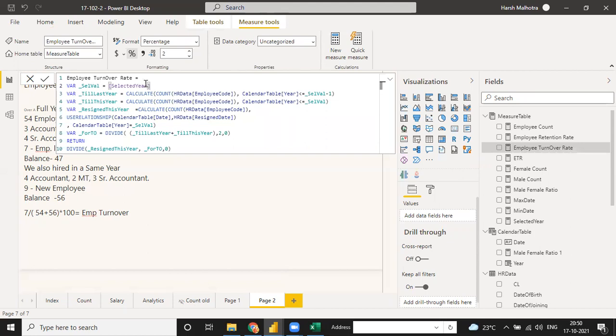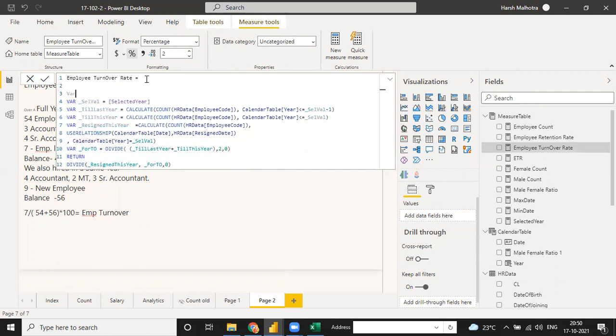See, for employee turnover rate, we have to calculate these 4 variables. I'm going to show you. First one, we have to use the selected year. Then we have to use the employees till the beginning of the year.